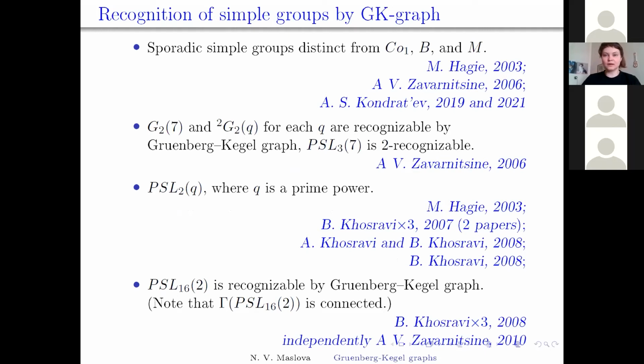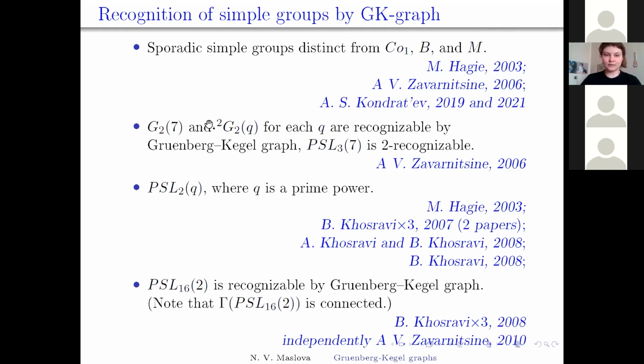First of all, for 23 finite simple sporadic groups the question of recognition by Gruenberg-Kegel graphs is solved. These three groups are known to be so-called quasi-recognizable. So there are some partial solutions for these groups, and I hope that it will be ruled out in the near future. And there are remarkable results by Andrei Zavornitsyn in